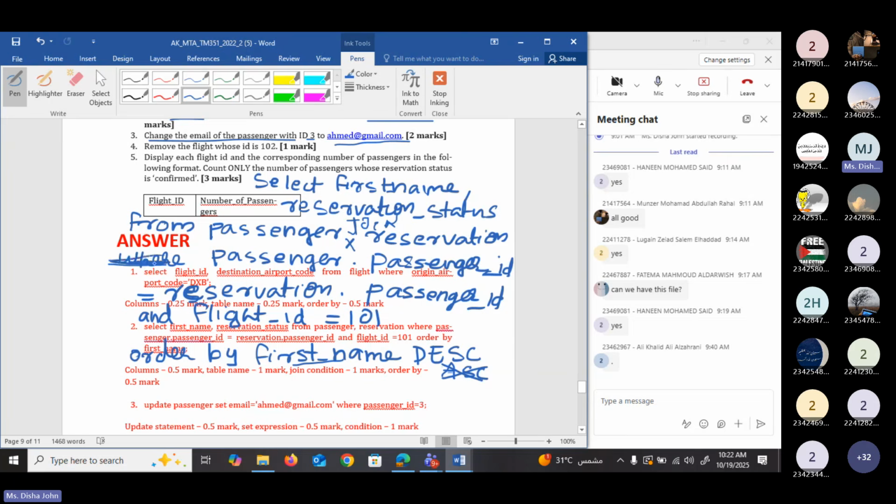So here what I need to write is on. And then there is another condition, flight ID equal to 101. So don't write and here. Instead of and, you have to write where, because the conditions need to be written with the where clause. But here we wrote the on clause. So to write the join statement, you have to write on, and to write this condition, we need to write the where clause. Okay, both are correct. Either you can use the previous way or you can use this way.